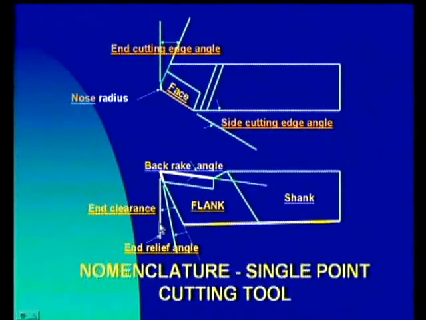So this is the vertical perpendicular to the base, and this is the line parallel to the end shank. This is the line perpendicular to the base, and the angle subtended between these two is called the end relief angle. End relief angle, side relief angle, we have seen it in the end view, or side view, and there we will get the side relief angle. So this is the end relief angle.